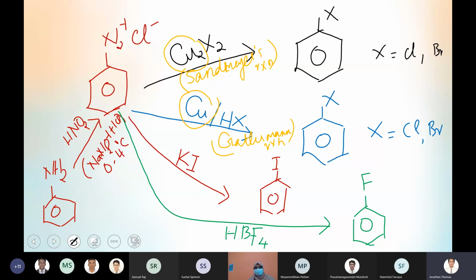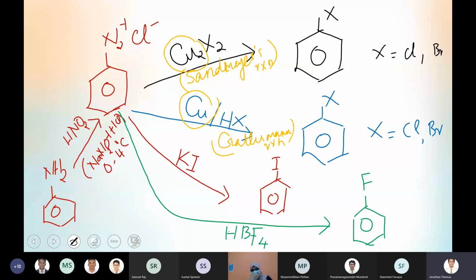Ma'am, if I wanted bromobenzene at the end, then with NaNO2, do we have to take HBr? No. In the first part you can take HBr there also to ensure that there is only one product. Otherwise, the Cl- can interfere in the second step, because from the same diazonium chloride you are preparing the next one. So we can take chlorine or bromine.